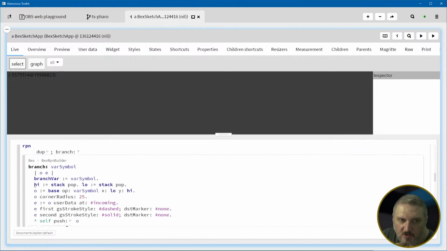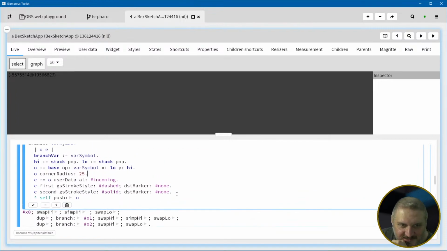All it's doing is, well, if you branch on x0, it's going to draw the x0 square and then give it a rounded, round the corners until it looks like a circle, and then actually build these. What is this incoming? Oh yeah, so it actually draws the